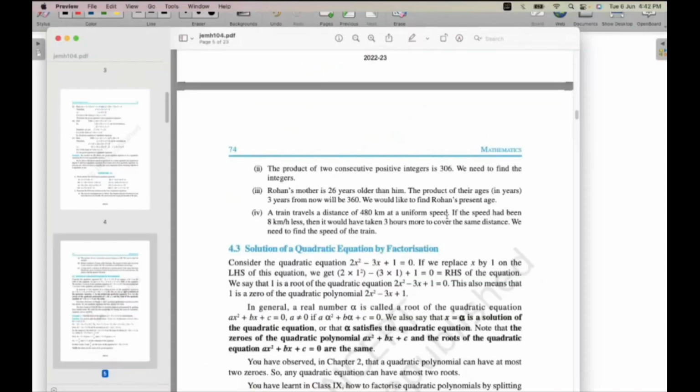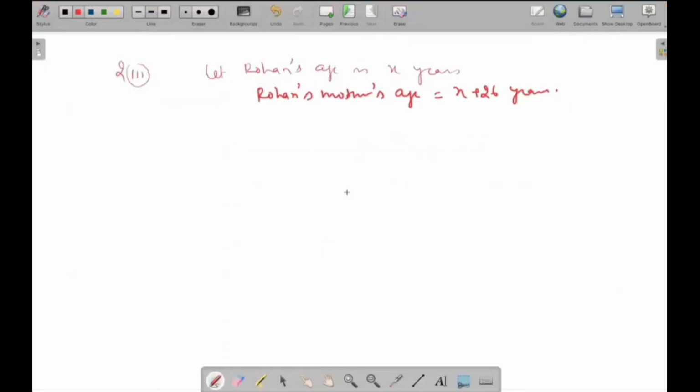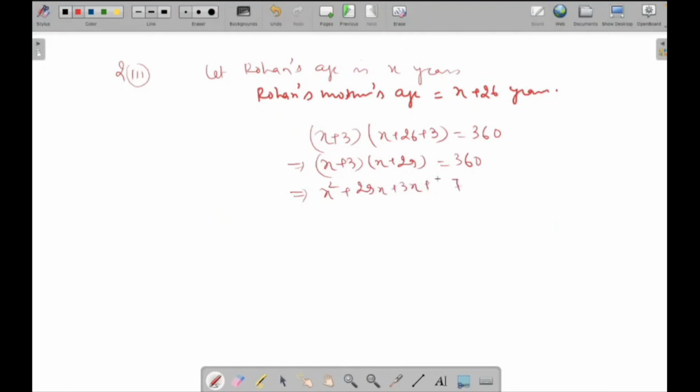Then they are talking about the product of their ages 3 years from now being 360. So 3 years from now, Rohan will become X plus 3 and his mother will become X plus 29. That is 360. So this becomes (X plus 3) into (X plus 29) equals 360. This will become X square plus 32X minus